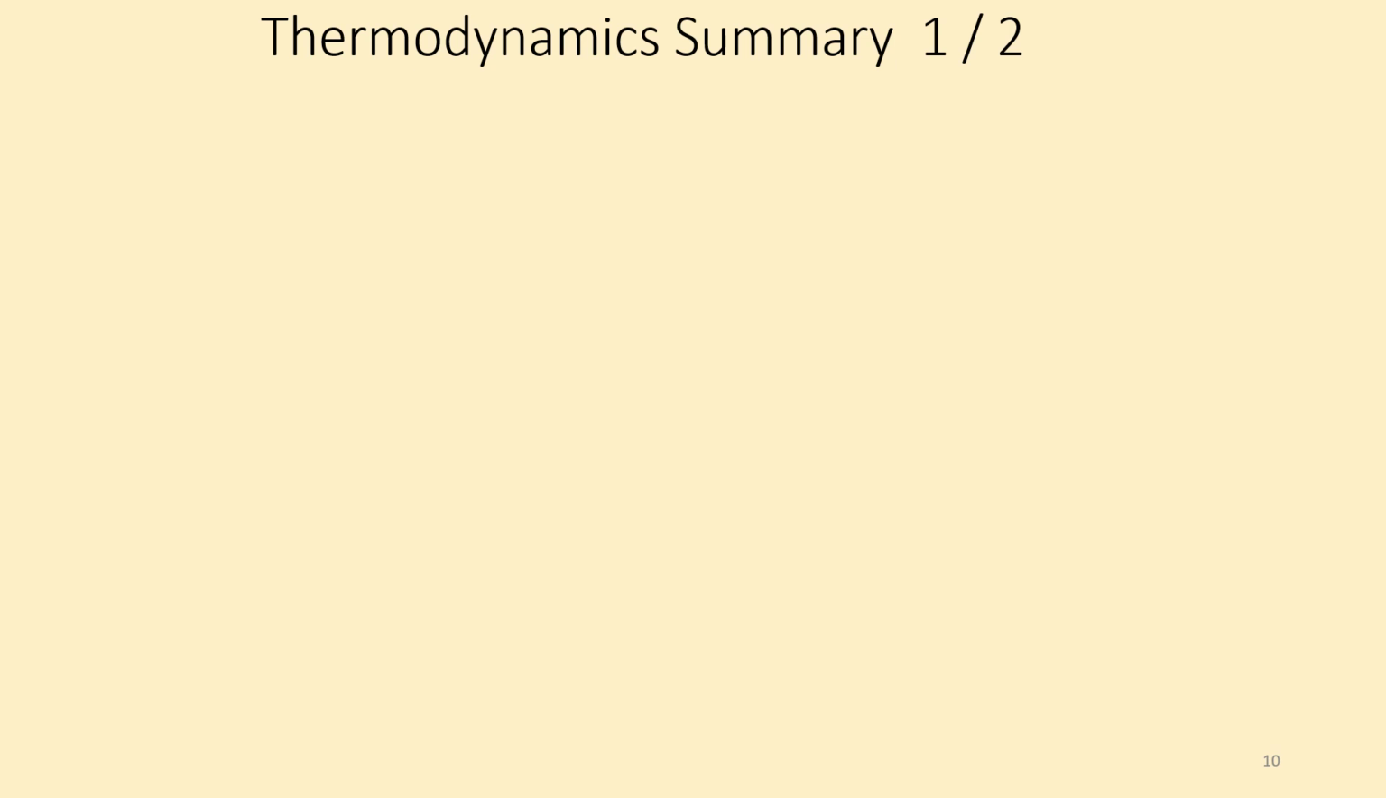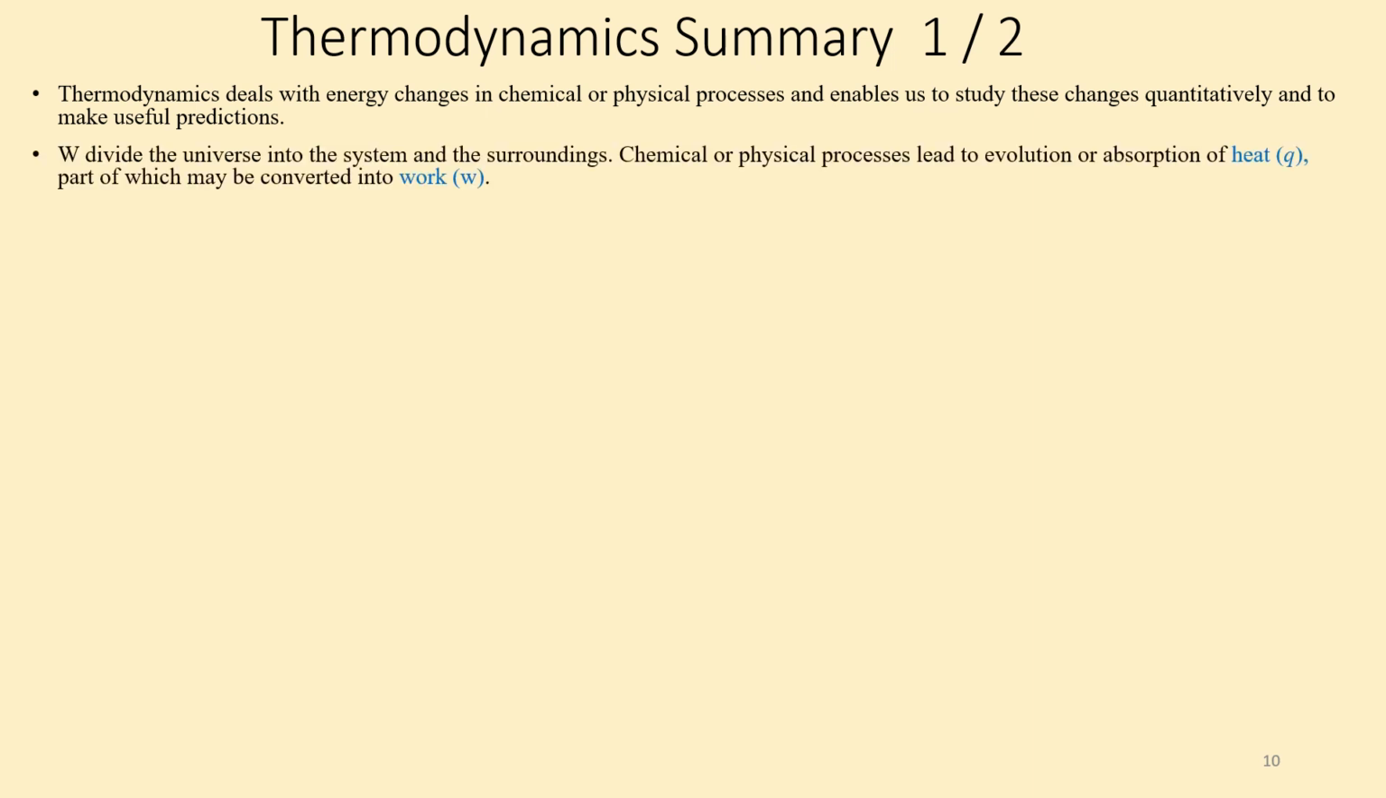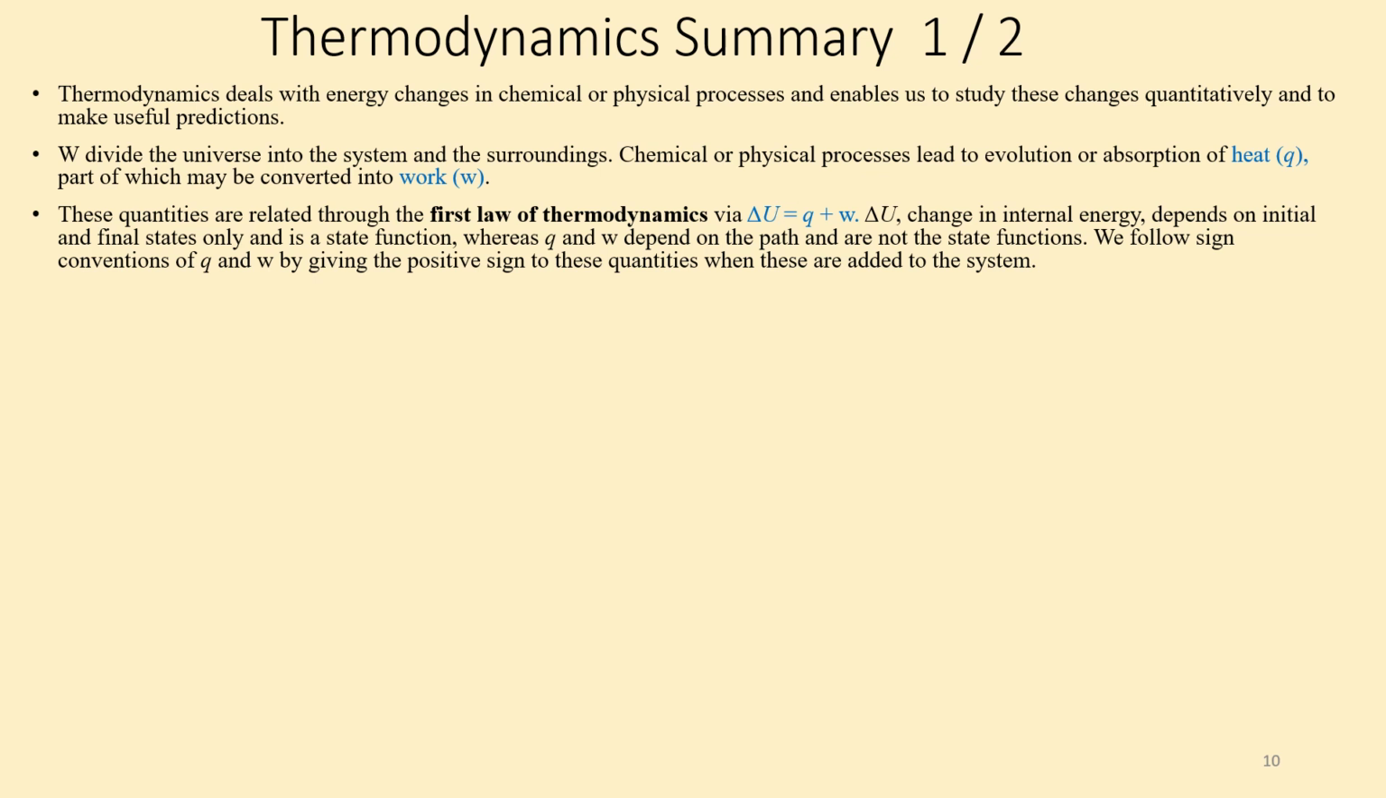We have come to the end of the chapter, that is unit number 5 on thermodynamics. Let us quickly summarize what we have learned in unit number 5. Thermodynamics deals with energy changes in chemical or physical processes and enables us to study these changes quantitatively and to make useful predictions. We divide the universe into the system and surroundings. Chemical or physical processes lead to the evolution or absorption of heat Q, part of which may be converted into work W. These quantities are related through the first law of thermodynamics, that is delta U is equal to Q plus W,